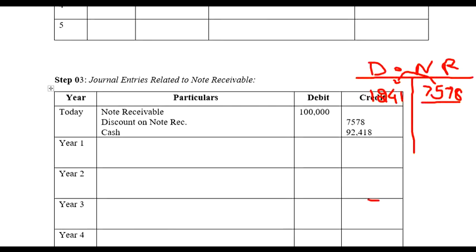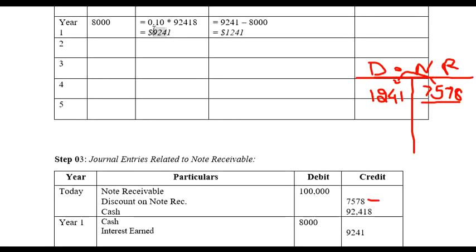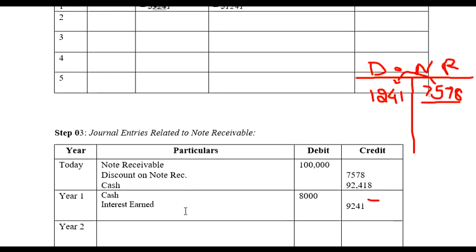So the journal entry of this will be that you have received money, yes, $8,000. And why have you received money? Because you have earned interest. How much interest have you earned? We have earned an interest of $9,241, which was calculated here. Then this imbalance will be adjusted by this discount on note receivable account that is created,